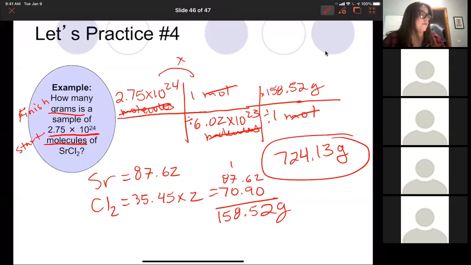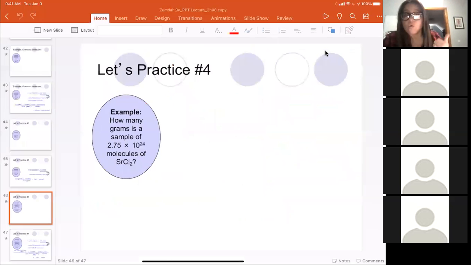All right, we're going to do more of these examples tomorrow. We're going to do more of these examples on Friday. I mean, sorry, on